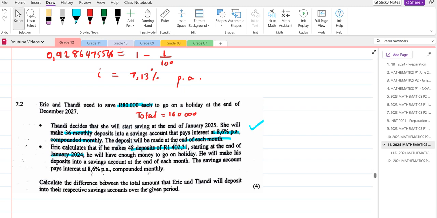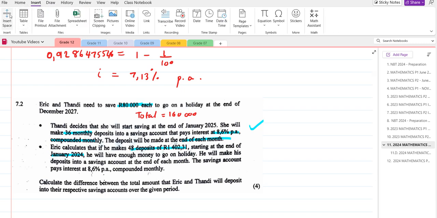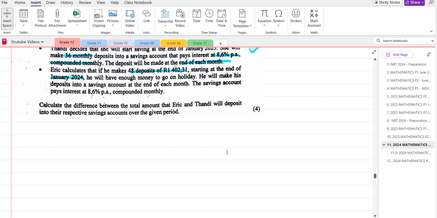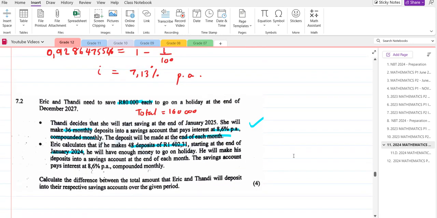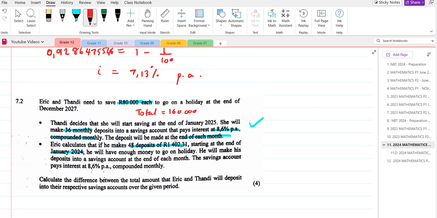Okay, first we need to check what's happening with Thandi, right? So for Thandi we need to calculate the future value here, the accumulated value or the future value, right? F equals x into (1 plus i to the power n minus 1) divided by i. Right, so x is,